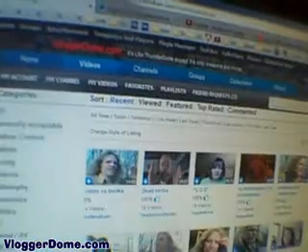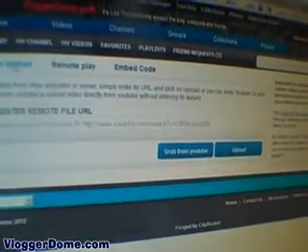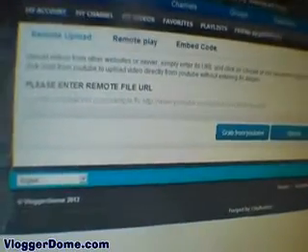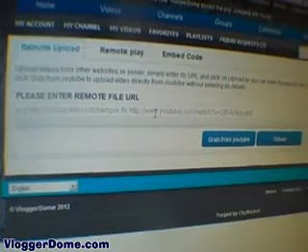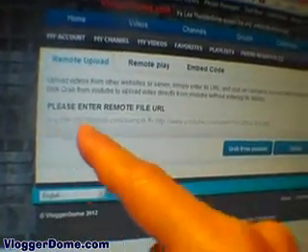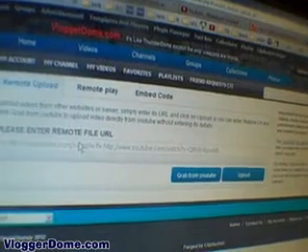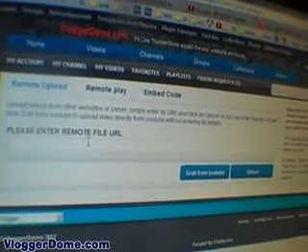And on the other one, it's different. I don't know exactly why it's different, but it has the embed code link in it, but it has this remote one for a YouTube video, which is sort of annoying because it says e.g. clipbucket sample FLV, but that doesn't work. I mean, if I put the FLV file in here, let me just see, it does not work.